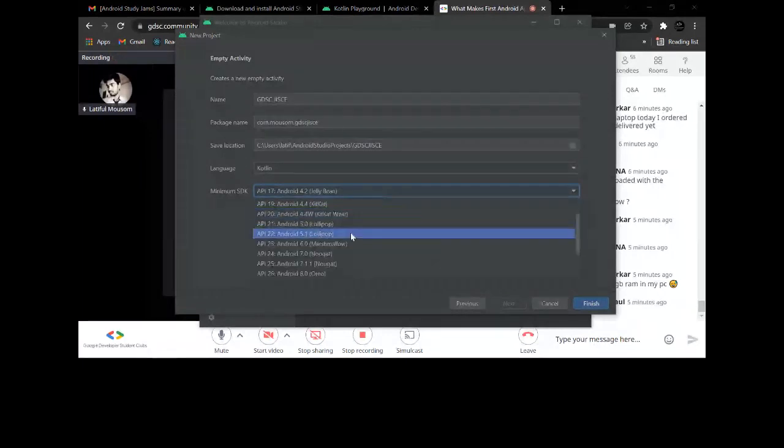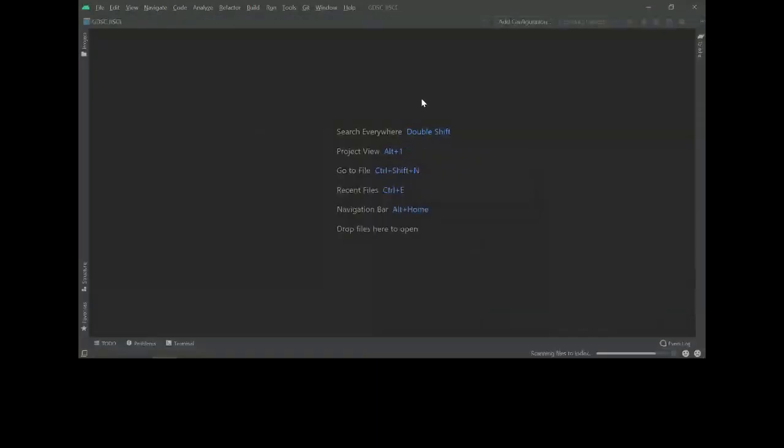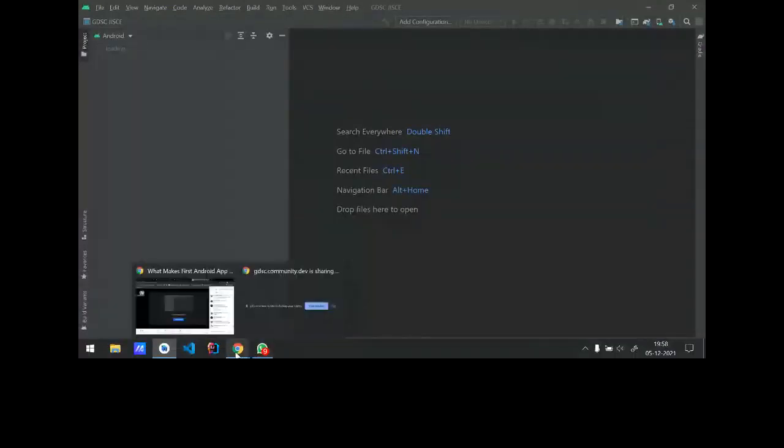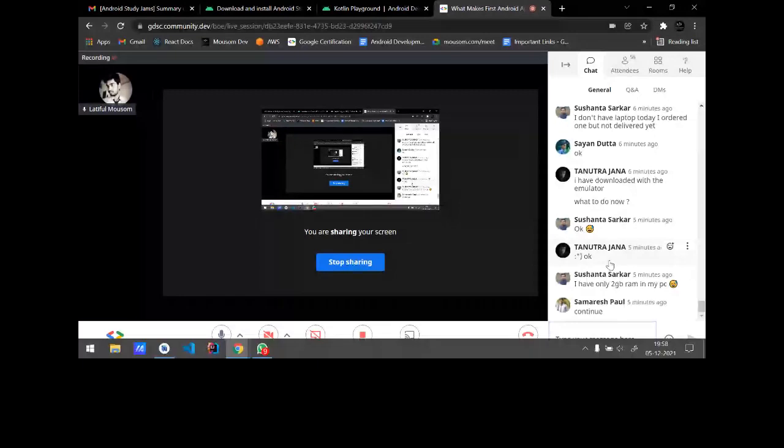So I will suggest choosing Android 21 to 24. For this, I will choose 24 and click on the Finish button, and it will start loading the application. While the project loads, do ask questions if you have any questions.